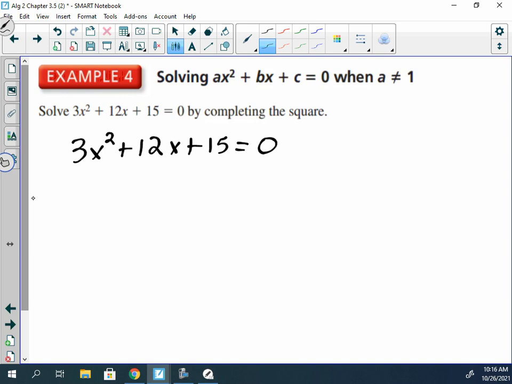Now the first step in completing the square was what? Is a equal to 1? Well, it's not. If not, make it so. So how can I make the number in front of x squared be 1? Divide everything by 3. Well, 3x squared divided by 3 is x squared, exactly what we wanted. 1x squared plus